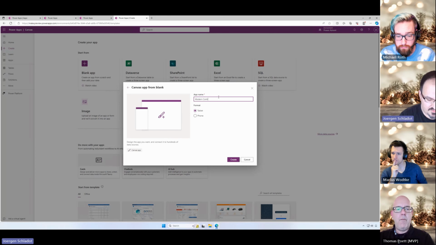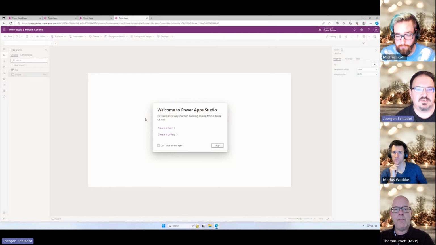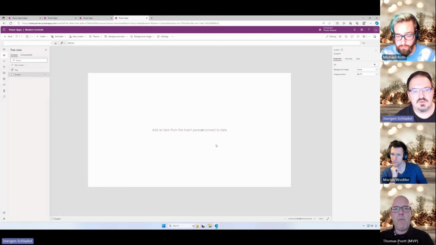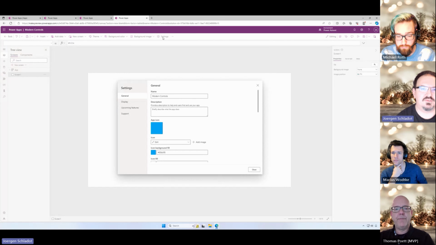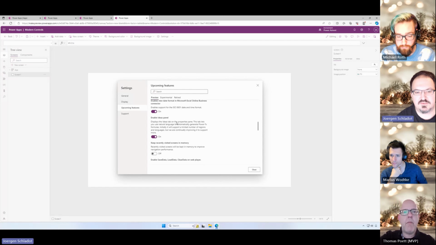You have some modern controls in preview at the moment, which you can activate in your Canvas apps. And these modern controls can be used to get a design which helps you to integrate it in other Office 365 or Dynamics 365 applications. So first of all, you have to go to the settings, upcoming features, and activate it, because